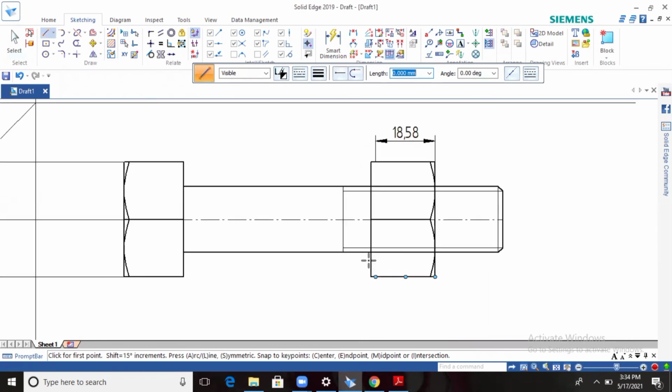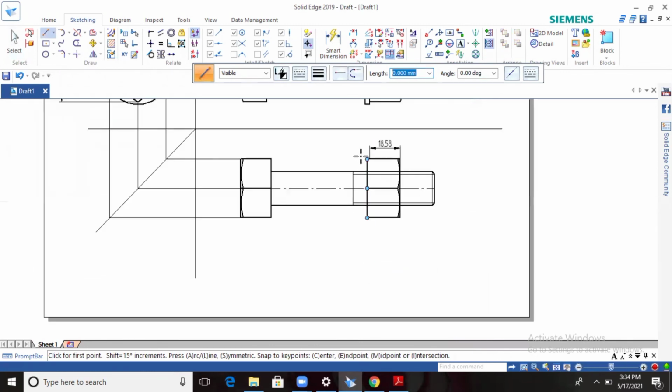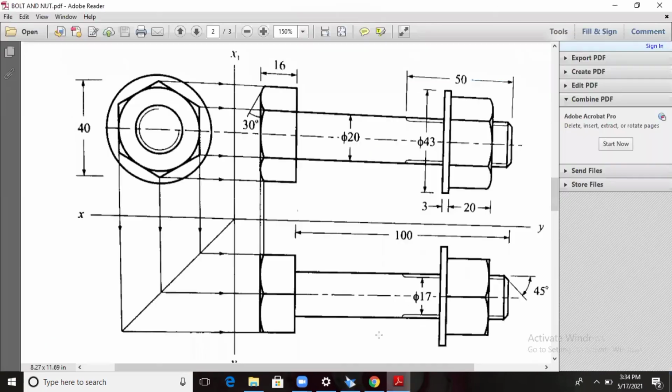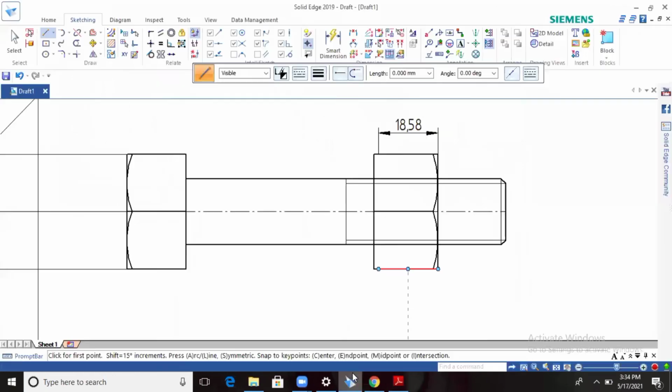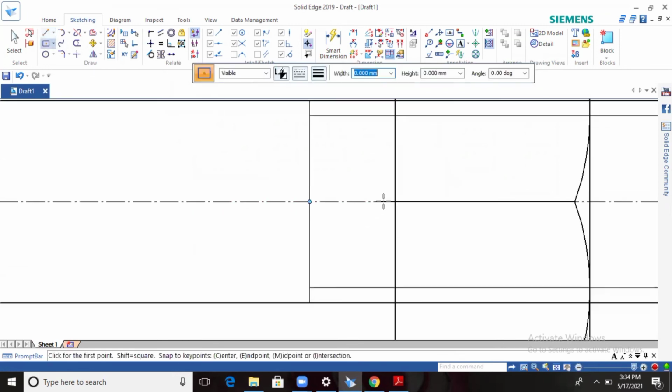And finally, you have to go for the, what is that? Washer, right? So look at this one. Finally, you have to move to the washer. Okay. So go for the rectangle by center. Before that, you have to mark 1.5 because the washer width of 3 mm is given. Click it. Go for rectangle by center. So choose this end point. Okay. So width is 3. Enter. Height is 43. Enter. 0 degree. Enter. Okay. Right click.